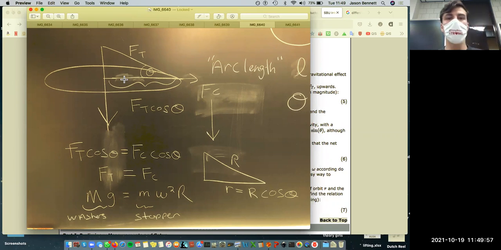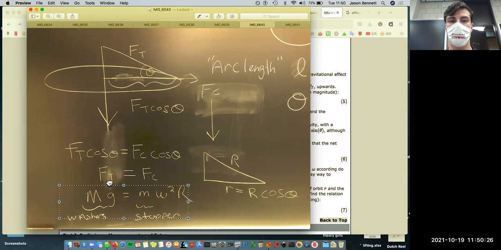And the same thing happens with the tension. So the tension is pulling on this rope upwards, but we want it to cancel. So our objective is to get this equals that: the tension force and the centripetal force. But both of them pick up that cosine. So we have the tension force cosine and the centripetal force cosine. They both cancel. And so our equation that we're left with, which I think they should have written explicitly, because it's a bit confusing how they wrote it,